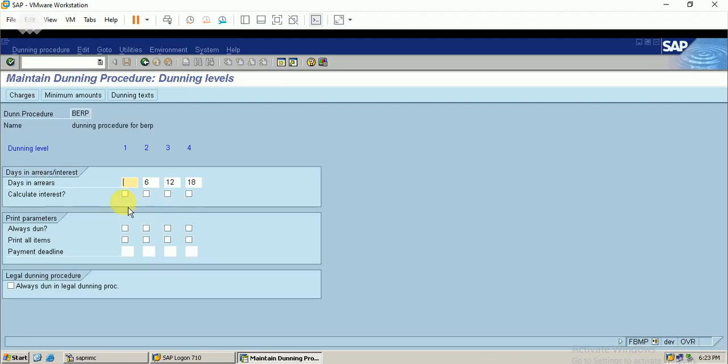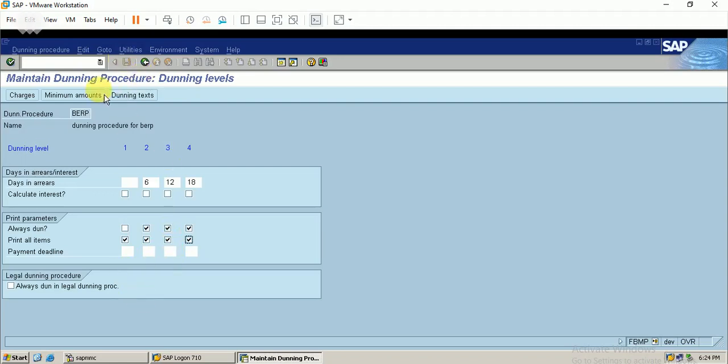If I want to calculate the interest, I can manually tick here. Since I have not maintained any interest indicator, I have not ticked here. In this I have print parameters, and I have ticked all these things. We can also maintain the payment deadline.